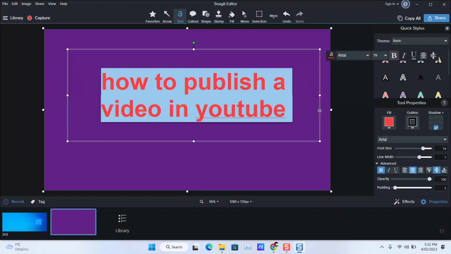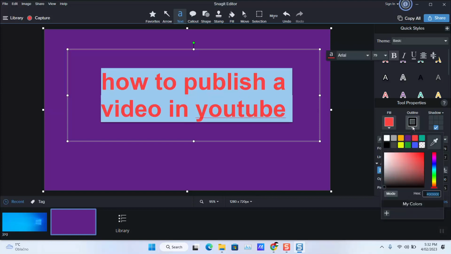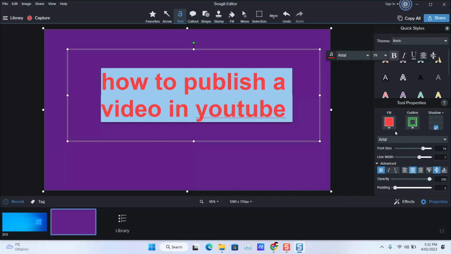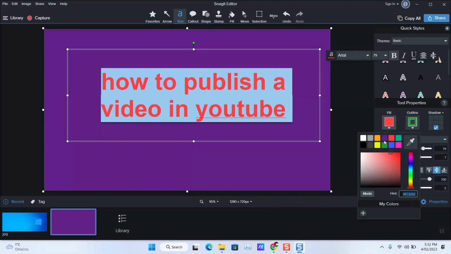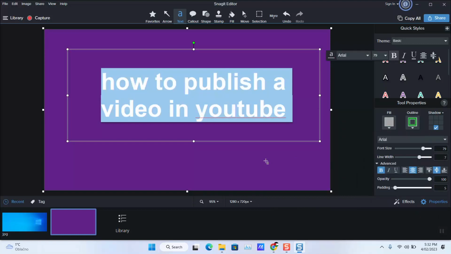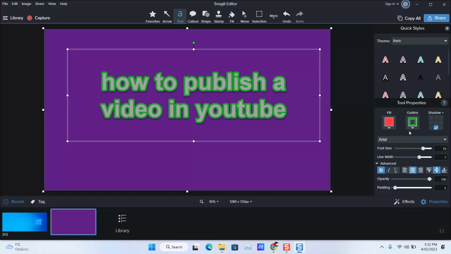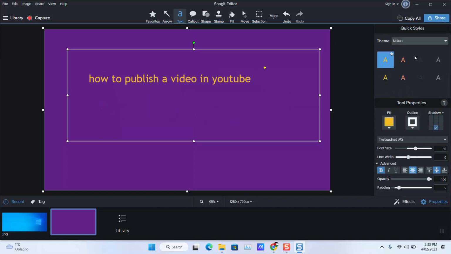And to make the text outlined, select your text and click on outline and choose what color you want to outline your text with. I will choose, for example, green. And the fill of my text, or the color of my text, I will change it to gray. Here we go. And next, here you can change opacity and also padding as you like. And you can keep editing. And here there are different options which you can use from basic one to urban, etc. And you can even import new styles. I will just go back to basic,